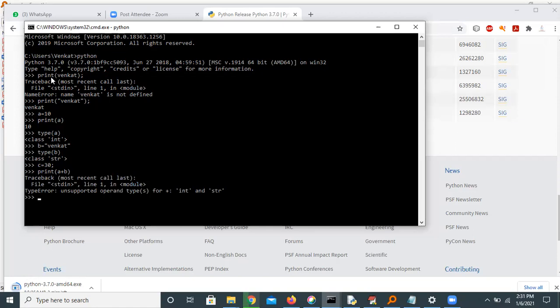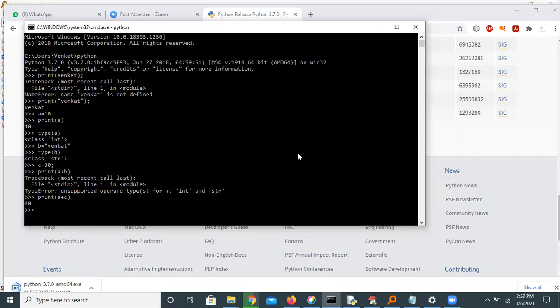Why is it showing b is a string? Yes, here we need to mention a plus c, then it will work. Why? Because c is a string. How can we add a and b, or b and a? It's not possible. So we can add either two integers or two floating points, or one integer and one floating point, no problem. Like that we need to do. Simple, in a single line you can write the program.